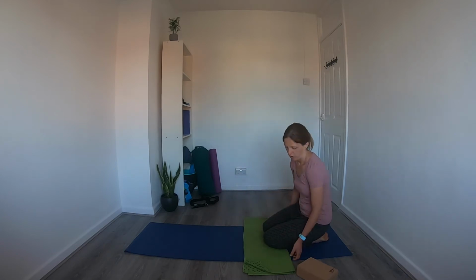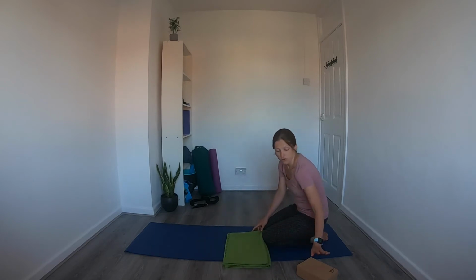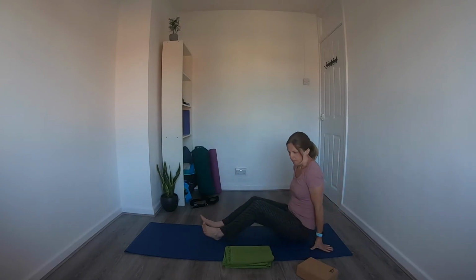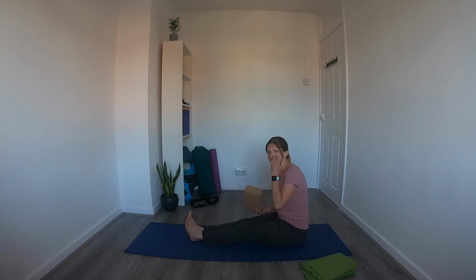So we'll move down onto the floor now. So this is where you might like to use your brick or maybe your mat. We'll be coming to a seated position with my legs out in front. So if you do have tight hips, you might find this pose a little bit challenging, and I'll give you a few options that can